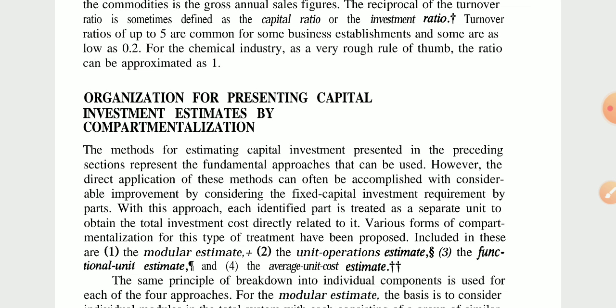Okay, all these methods: modular estimate, unit operations estimate,